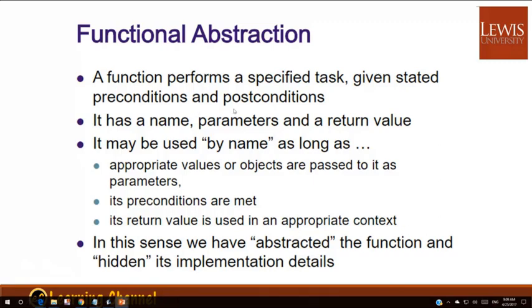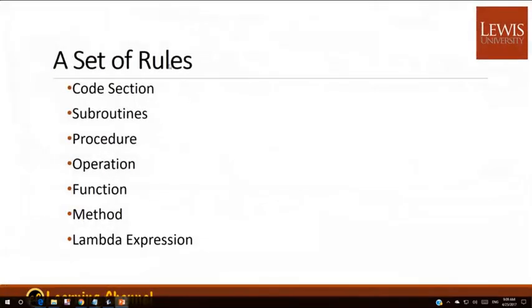But this precondition and postcondition are different from the prologue and epilog. The prologue and epilog are used to set up the function call in lower level, such as the assembly level, and it is different from this precondition and postcondition. Precondition and postcondition are used to describe the requirement of the function so that we can achieve the goal that we assign to it. A set of rules